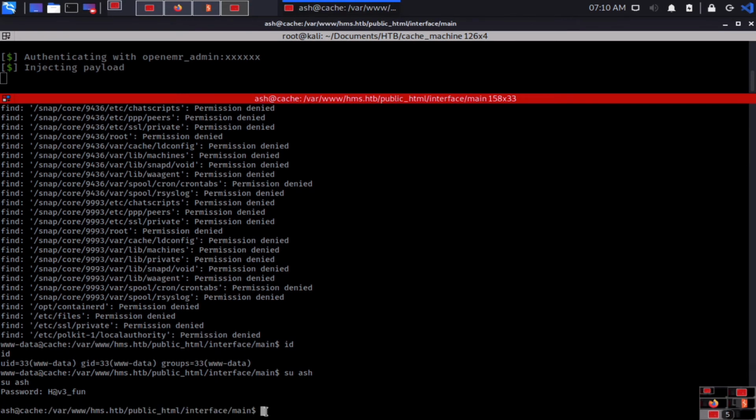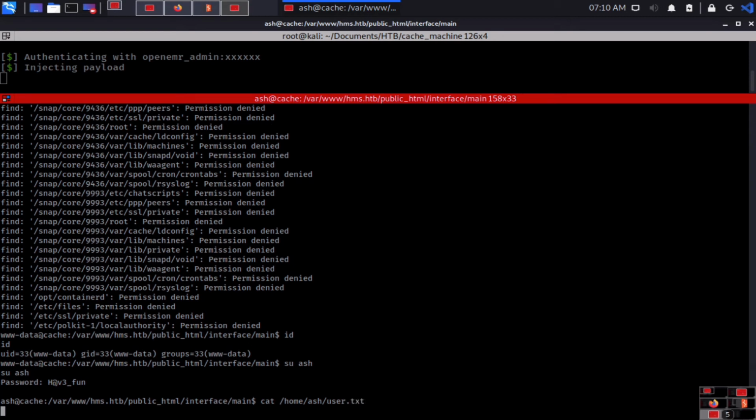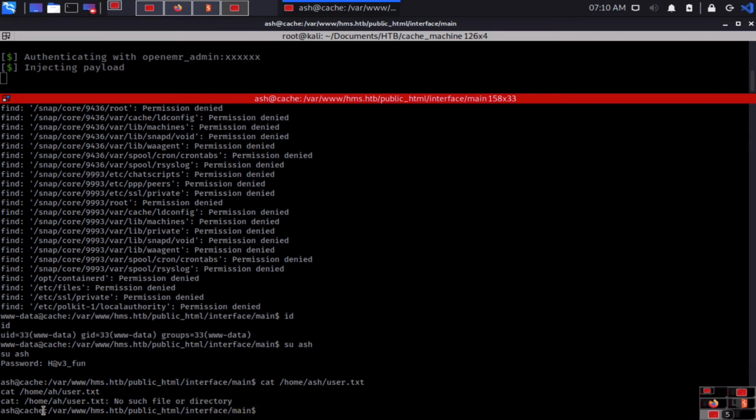Now we can simply cat /home/ash/user.txt, and here we got the user flag. Again, no such file or directory, so again we use find, let's confirm with id.